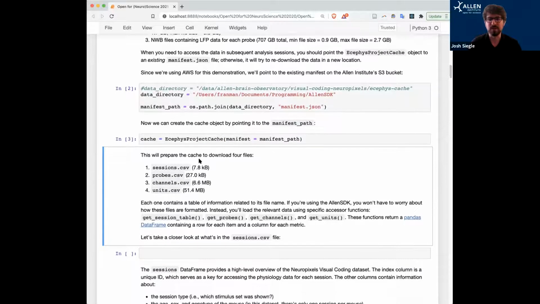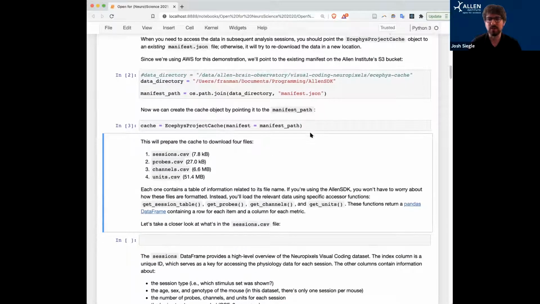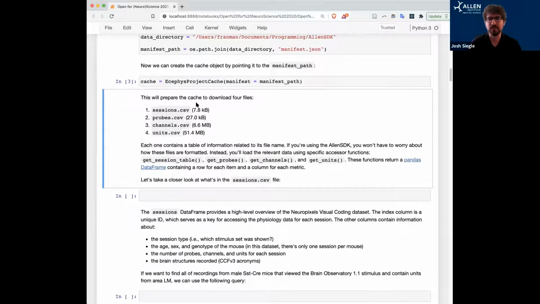So the first step is to create this cache object that points to our manifest path. This will provide access to a number of files. Similar to the 2P data set, there are functions like get channels, get units, and get probes that give you access to the metadata about all of the sessions and probes that we recorded from. If we just want to see what sessions we have available, we can say cache get session table, and then